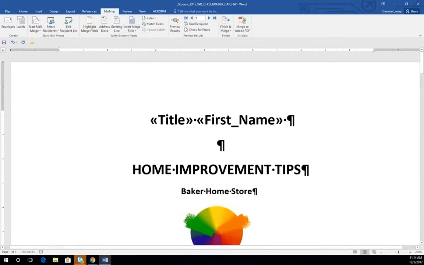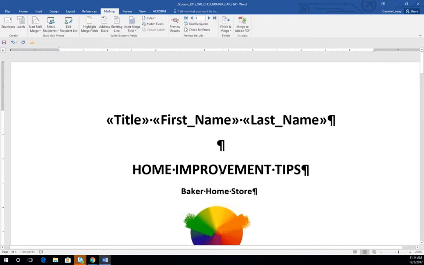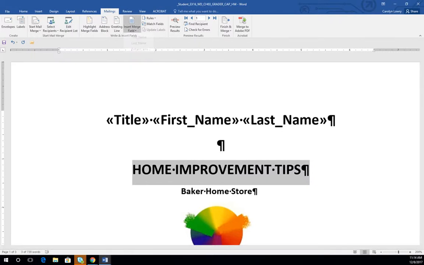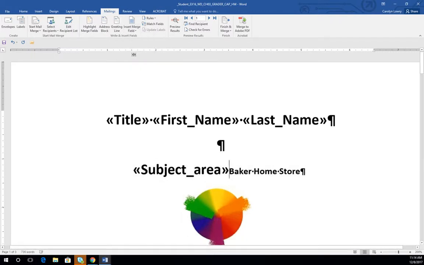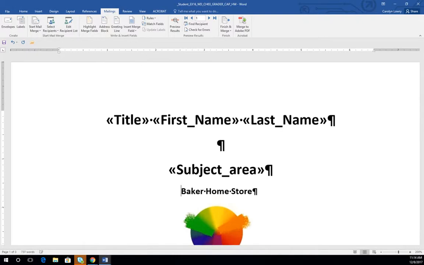First name, space, last name. And then I'm going to change the title to their area. And I did 3 clicks to select the entire paragraph. And with it selected, I'm going to put subject area. And it automatically